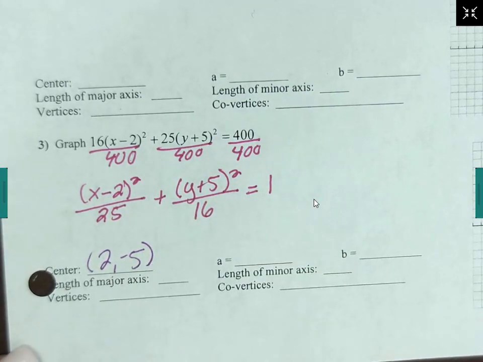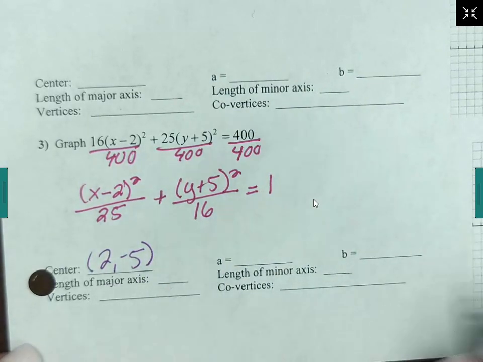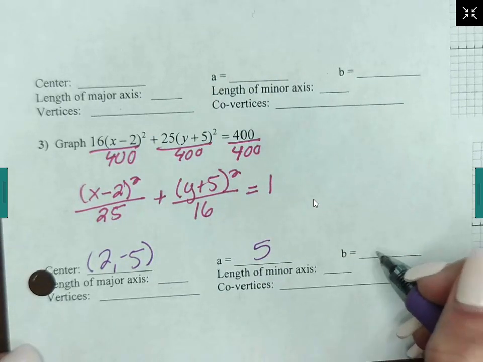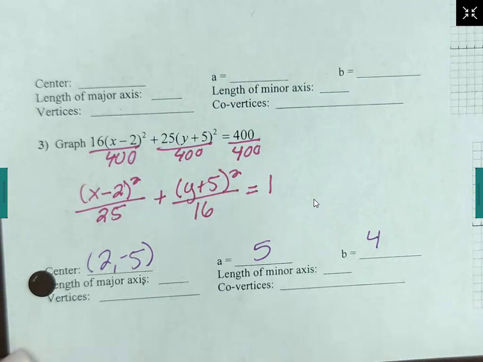Any questions there? All right, a is the square root of the larger number. So what is a here? 5, very good. And b is 4. All right, the length of the major axis is just 2 times